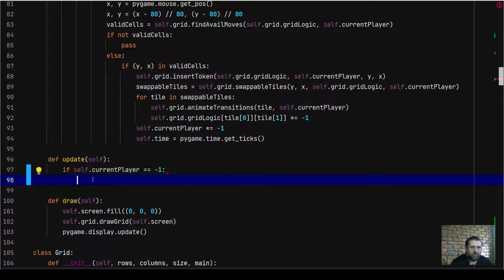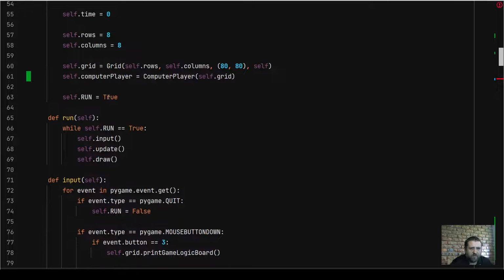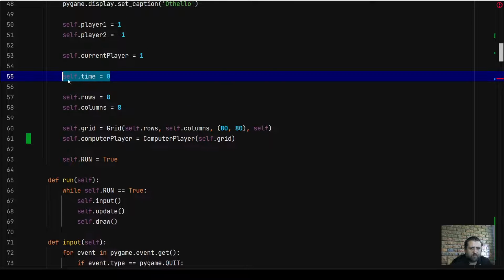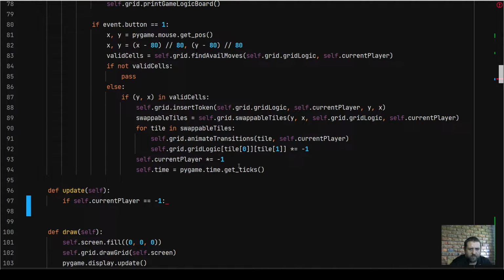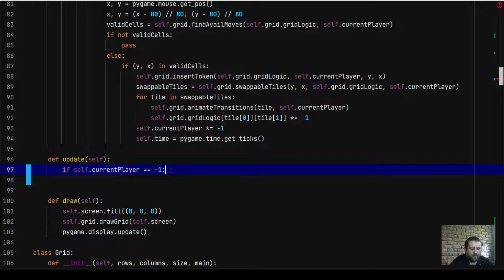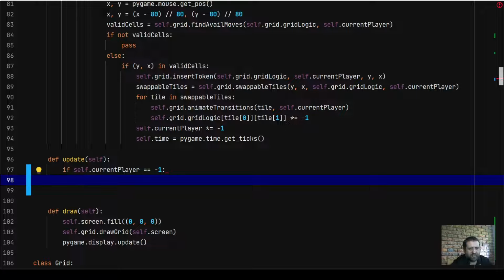Remember, earlier on we created this time attribute, self.time. And in my input method, we've got self.time gets pygame.time.get_ticks. The reason for that is for the computer player's turn, so that it doesn't immediately make a turn. It at least has a second or two to think. So we're going to create a new variable here called new_time, and the new time is going to be equal to